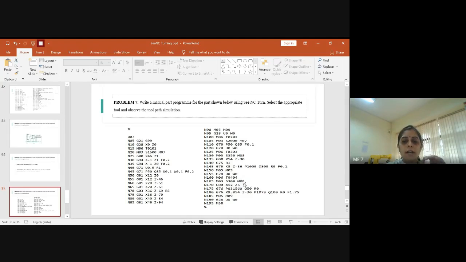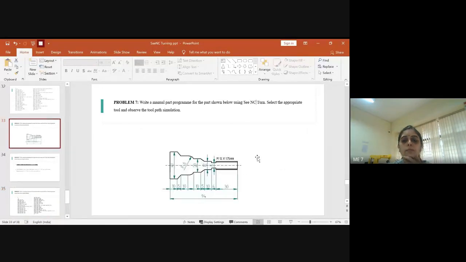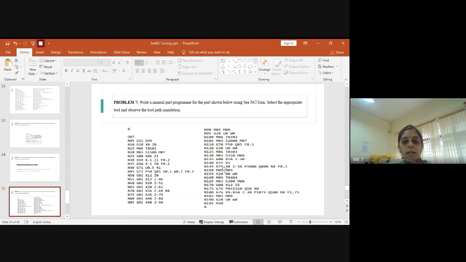After this, again, you have to use rapid traverse and bring the tool near to the place where the thread cutting operation has to be done, right? Here, if we look, the thread cutting operation has to be done from this position to here. So X is 12, which has been given, and we need a distance of Z as 30, from here till here, minus 30. So you have to set the tool somewhere near to the workpiece.